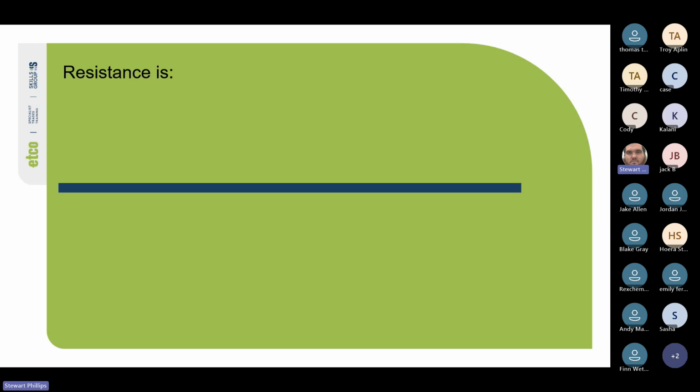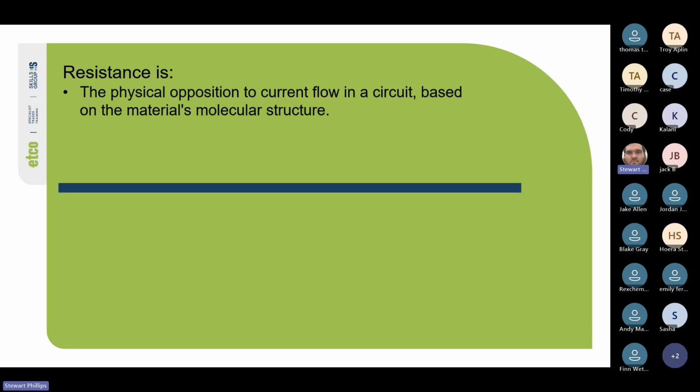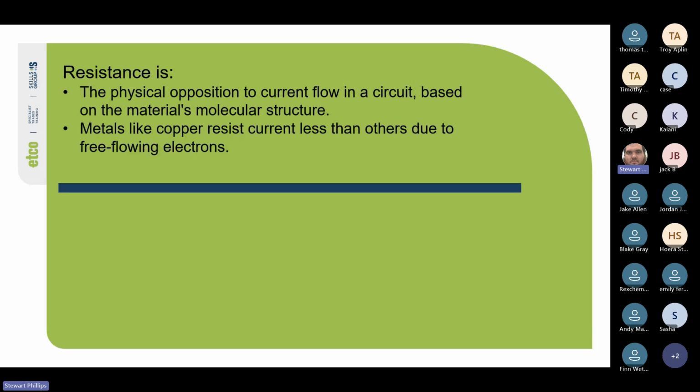So if we look here at this blue line, this is what we're going to use as our reference for resistance tonight. Resistance is the physical opposition to current flow in a circuit based on the material structure. Metals like copper resist current less than others due to free flowing electrons. Copper on the periodic table has slightly less than a half full valence shell, so the electrons are quite loose. Whereas if something has a more packed outer valence shell, it's harder for those electrons to be broken loose